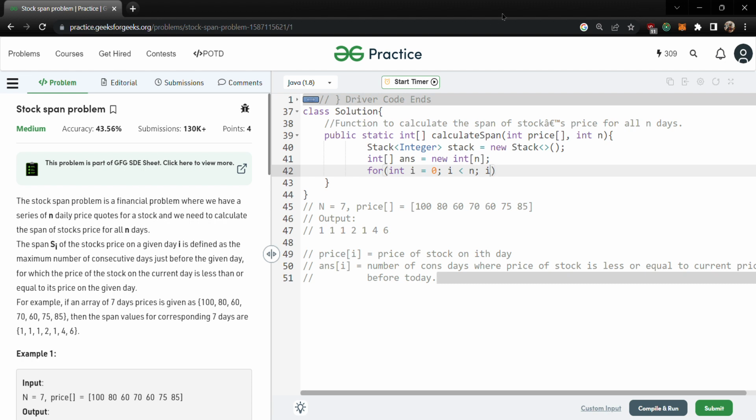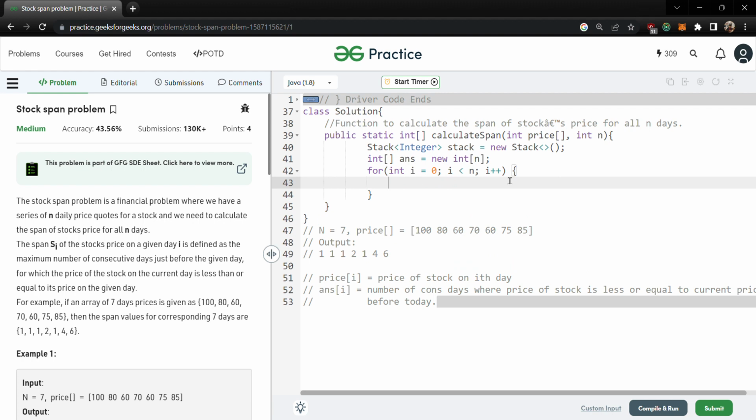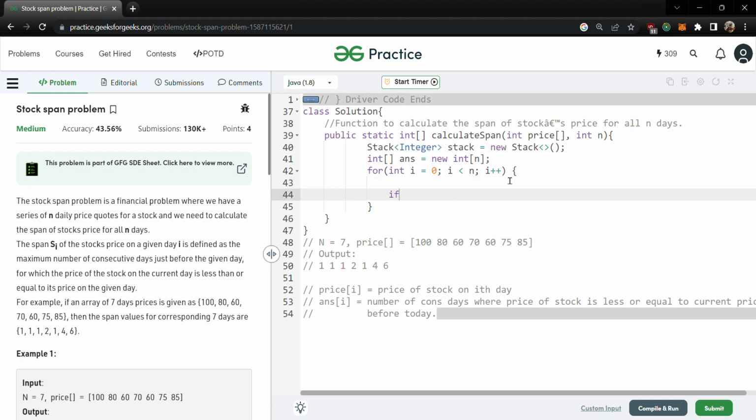You can check yesterday's video, where we traversed from right to left, as we had to return the next greater element on the right. But in today's video we have to keep track of the next smaller elements on the left, so we will travel from 0 to n, i plus plus. Then we will have the same conditions. If our stack is empty,